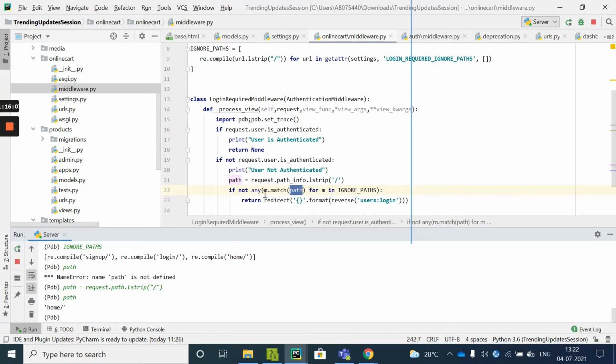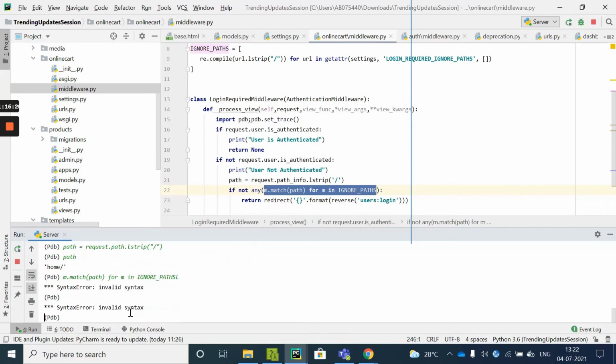So what I'm going to do is quickly copy this and show you how things are working. I'll put it under a list, and then copy this in. For every m dot match path.